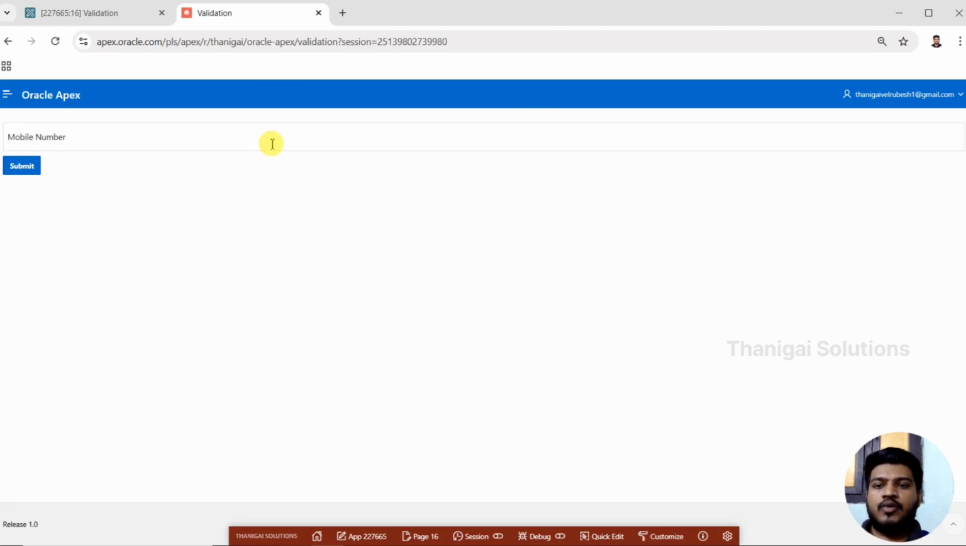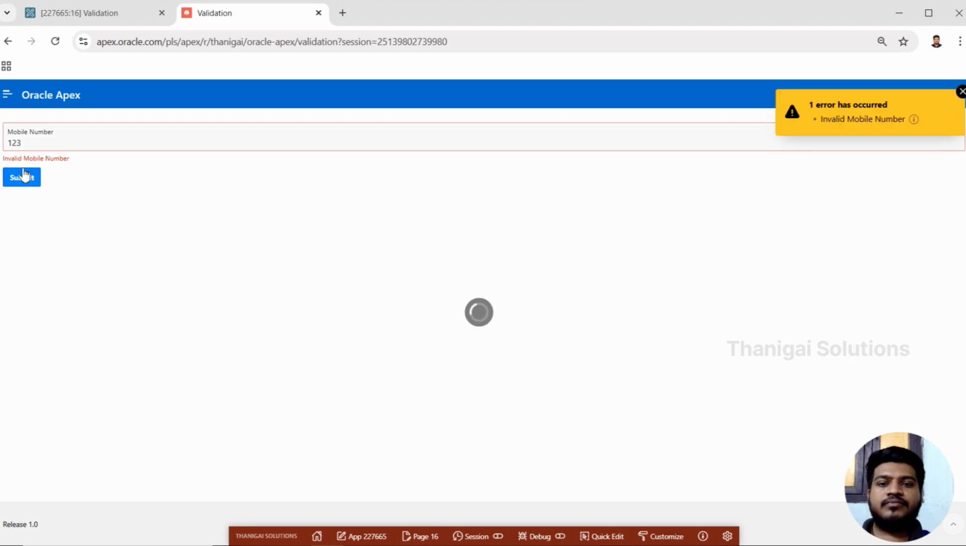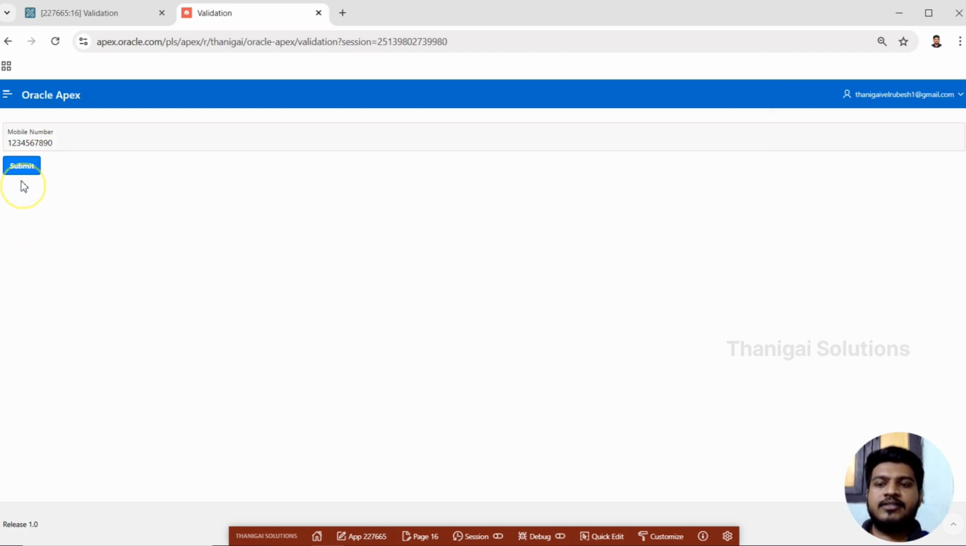So now I am going to enter some 1, 2, 3. After clicking submit, it should warn me it's an invalid number. So I am getting invalid mobile number. Suppose I entered it correctly, a 10 digit number. After entering this, I will get no errors, like the validation is passed, exact 10 characters, so this passed the